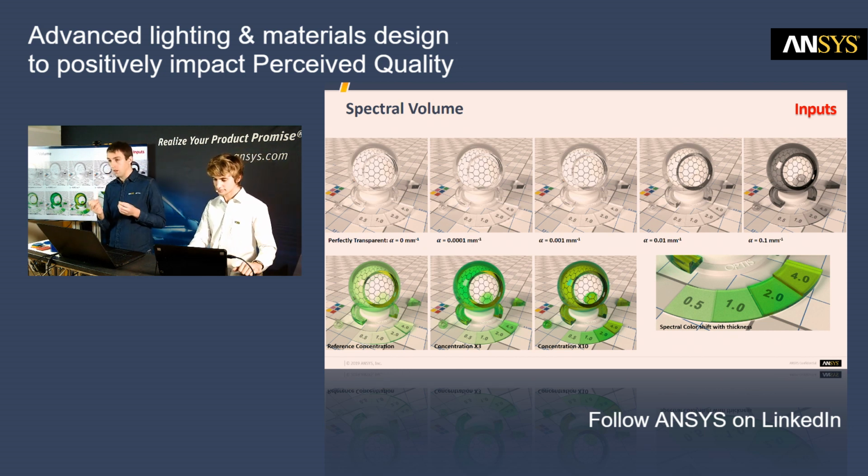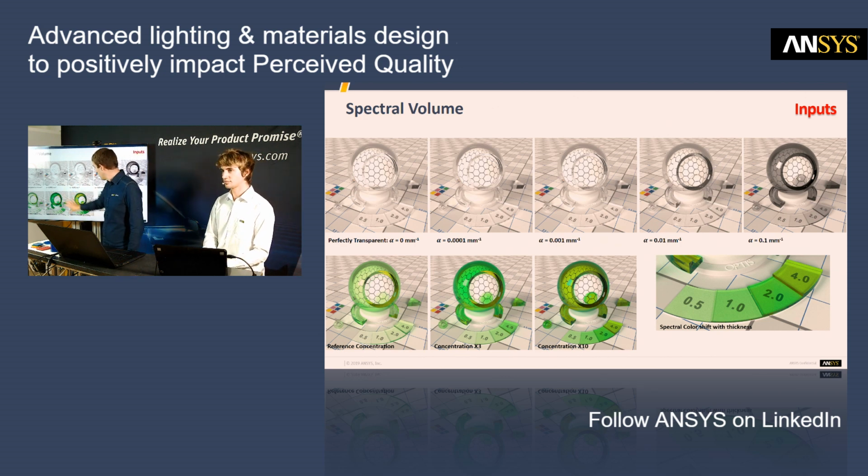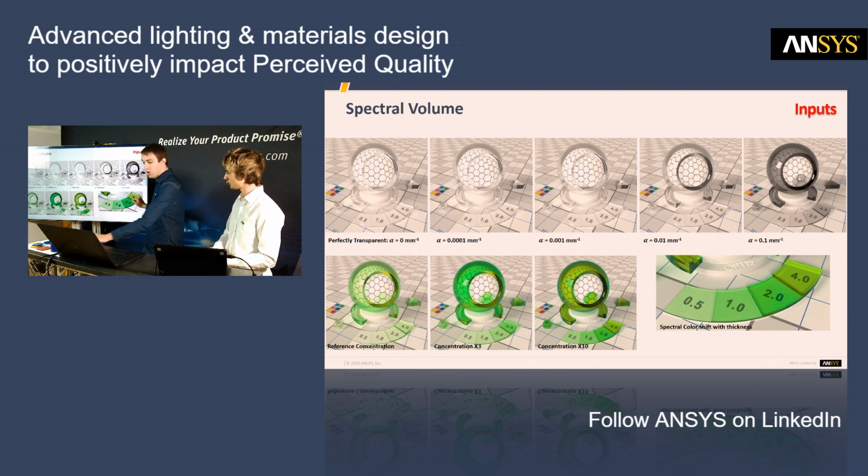That means you have to be very careful when selecting a material based on a sample. It can be clear on the sample, but when you apply it on your geometry at a different scale, the color can be totally different, and not just the level of light absorbed, but actually the color. In this second example, I've got 3 green materials. It's exactly the same green dye, the same color. Just the concentration of the dye in the plastic varies between those 3, but the color itself, what we see, is different. That's very visible on the scale here, from 0.5 millimeter to 4 millimeter,